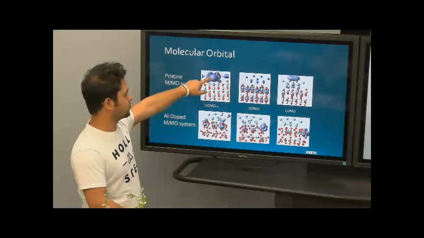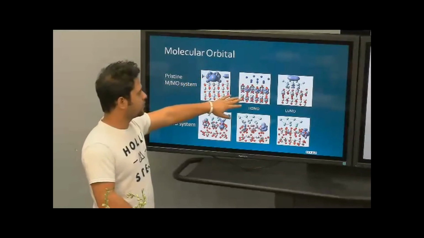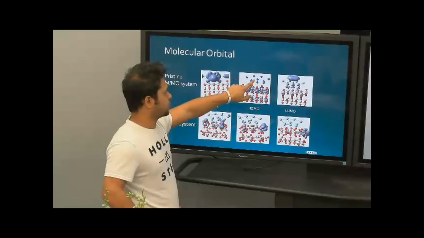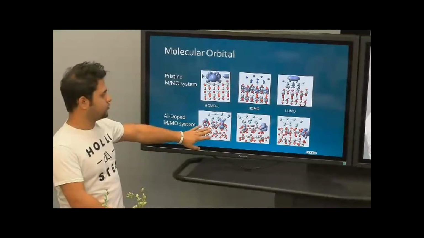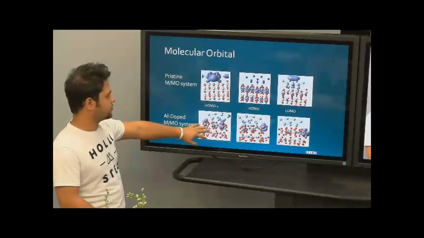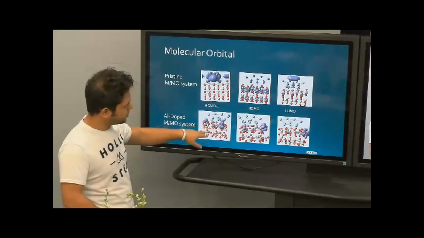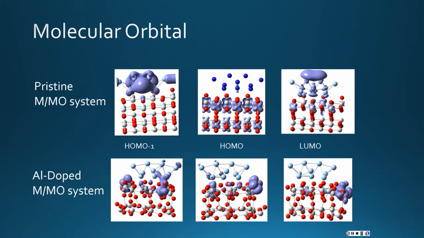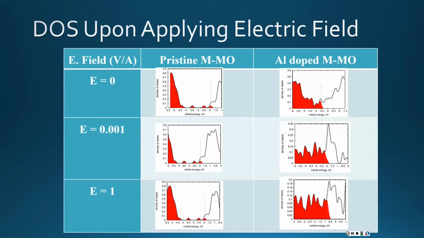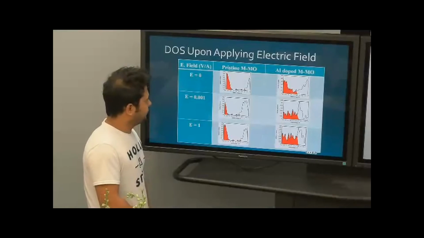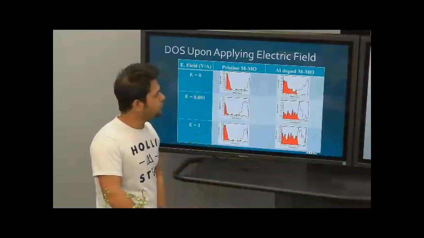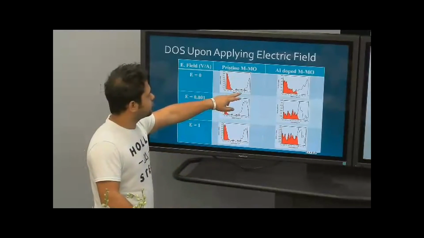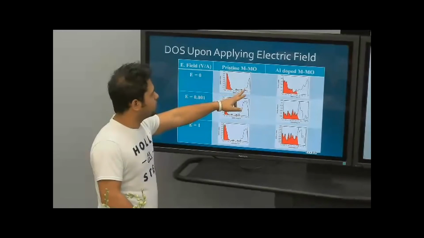This electron is almost localized on the metal part. In the LUMO is the metal part with the oxide layer, but in the case of the doped system, this electron is localized on the metal part also. And this is some other presentation of the previous slide. This one is for pristine and this one is for the metal dope. In the pristine, it's showing that there is an overlap between the Fermi